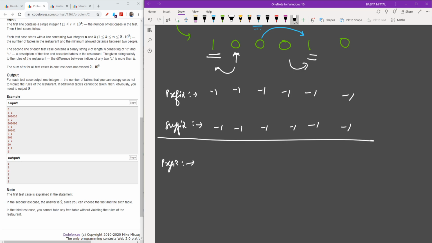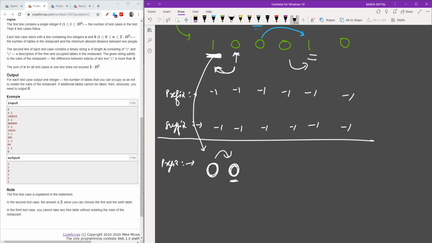The index of the first 1 I found is 0. Here it is 0, so I will just copy the last index, which is 0. The 0 indicates that the previous index of 1 is 0.